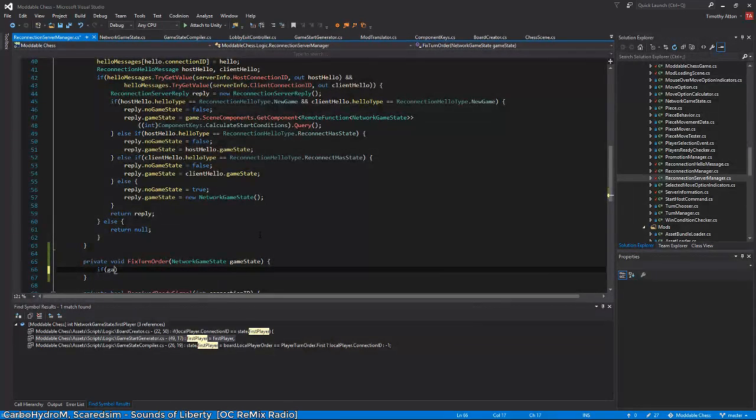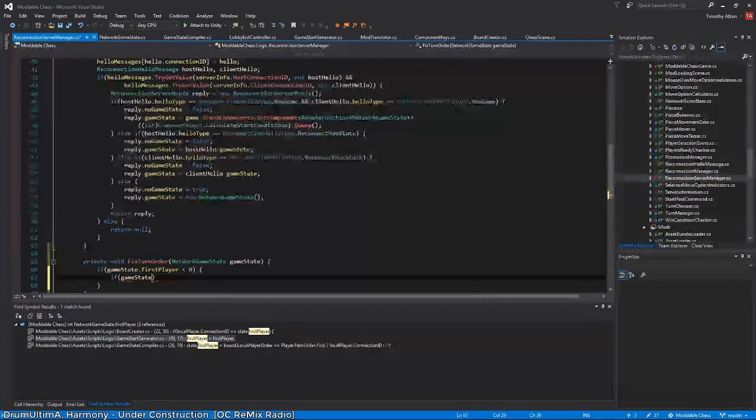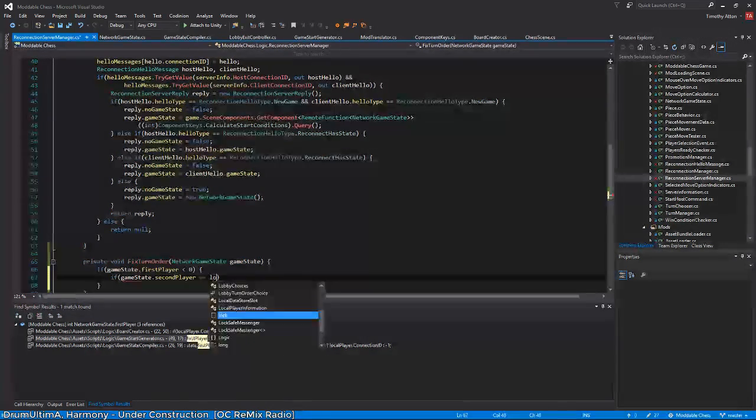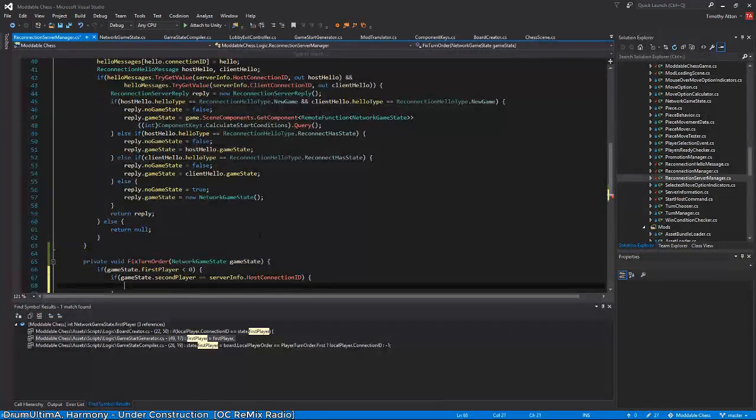Okay, so if game state first player equals... Okay, so the first player is less than 0. Then if game state second player equals local or server info dot host, then we know that